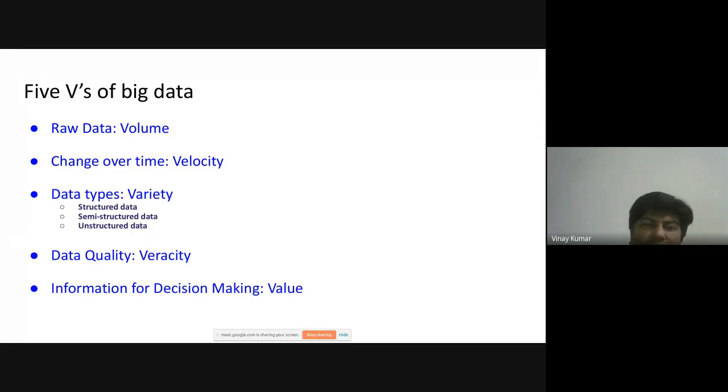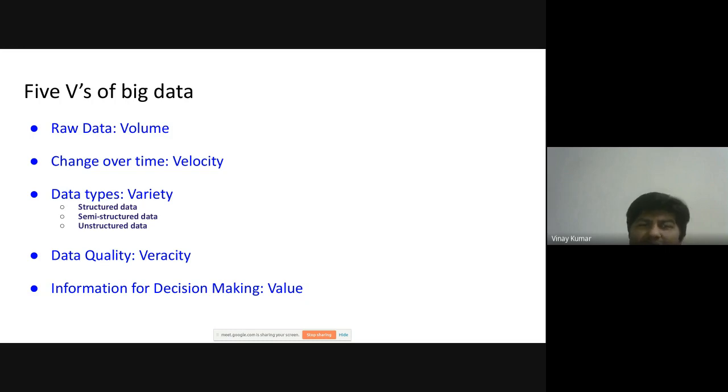So what are the 5 V's of big data? In recent years, big data was defined by the 3 V's, but now there are 5 V's of big data, which are also termed the